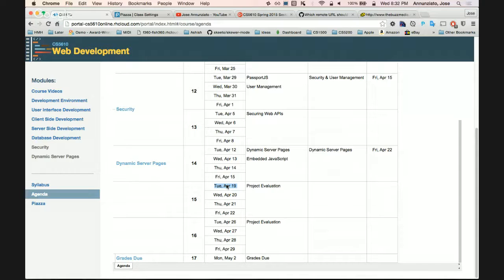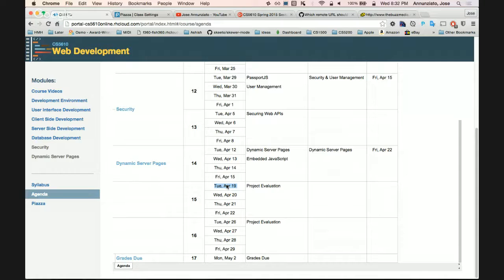So I'll need your phone. I need to text you. I'm sorry if you've gone and you're in India and you can't receive texts. I need to be able to contact you to let you know. If I can't contact you, I'm just going to go and grade you.